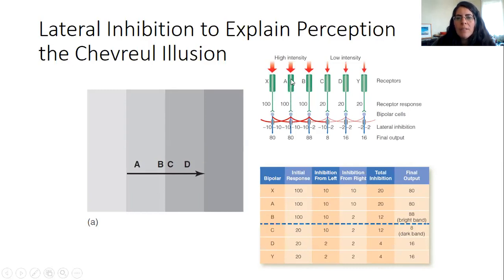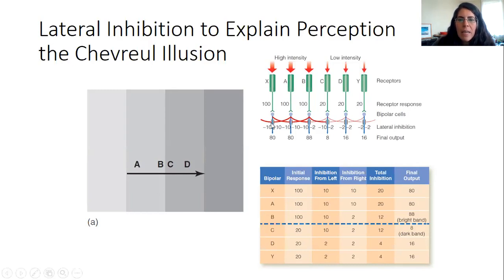And again, if that cell is stimulated, it's sending 100 units of energy. Its stimulation of horizontal cells is going to send a bit of inhibitory information to its neighbors. Let's say about a tenth of that energy is inhibitory, and it's being sent to its neighbor, okay? So what that means is that, you know,